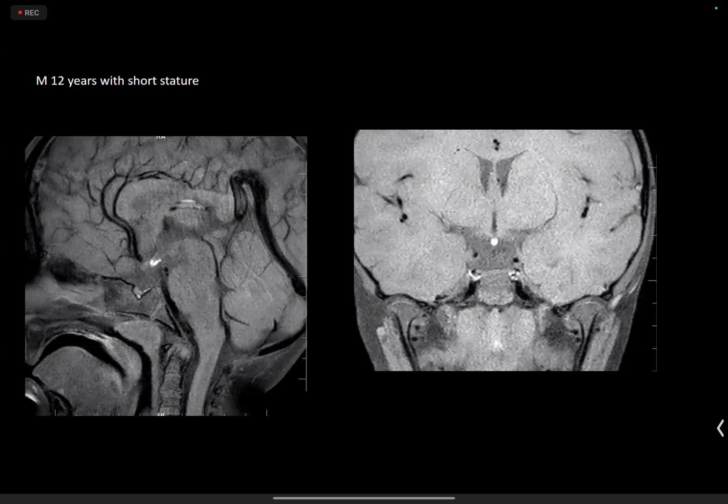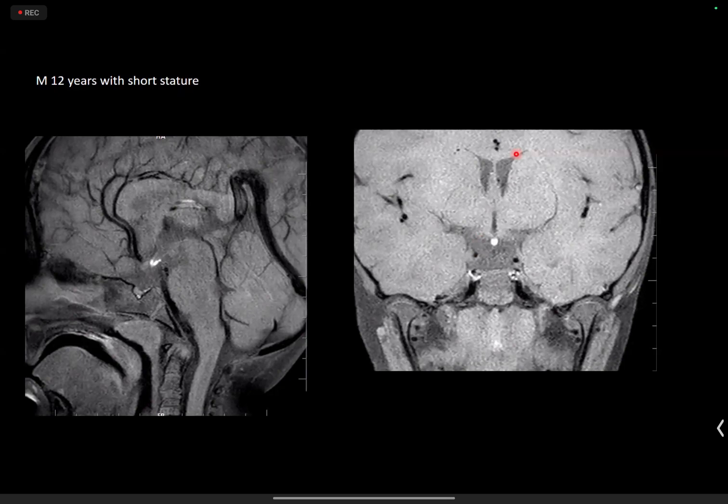Yes. The corpus callosum is not well visualized. Corpus callosum is visualized well. Wait, I'll show you with the marker. This is the corpus callosum. That's well depicted. The corpus callosum and the septum pellucidum are well seen. But yes, when you are seeing any abnormal location of the posterior pituitary bright spot, you have to look at all these findings. That's correct. Okay, so the posterior pituitary is not in a proper location.